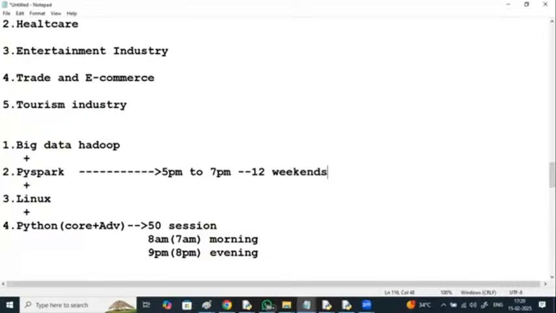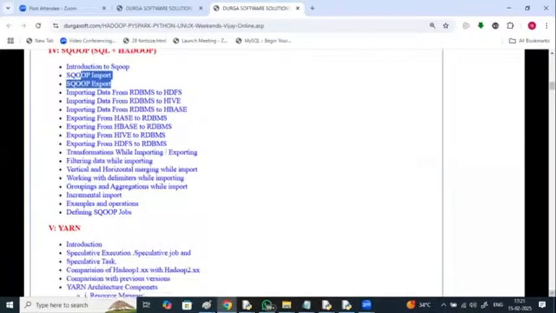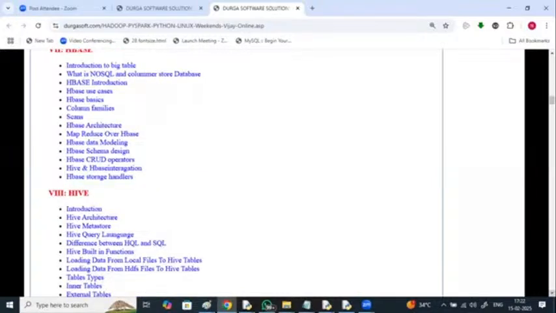Apache Hive, in this Hive architecture. Actually, a lot of jobs, if you have knowledge on this component, only this component, you can check Hive jobs, just check Hive jobs. Lot of jobs for Hive. Just check this. 30,537 Hive job vacancies in February. We have to focus on this Hive.